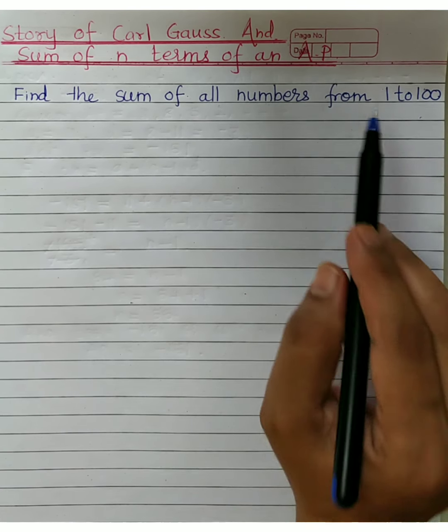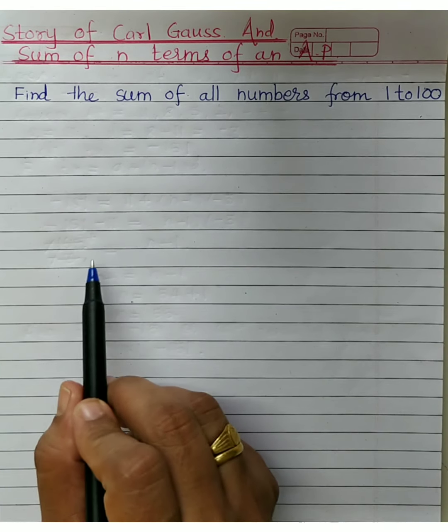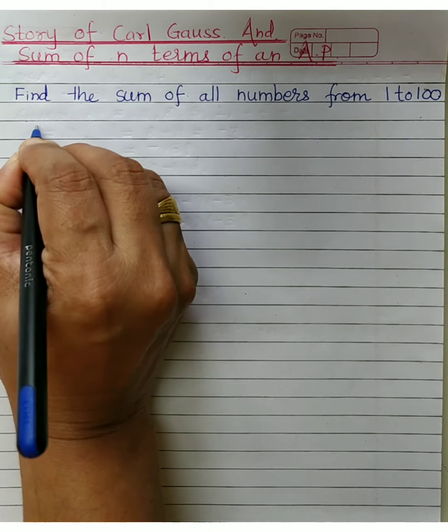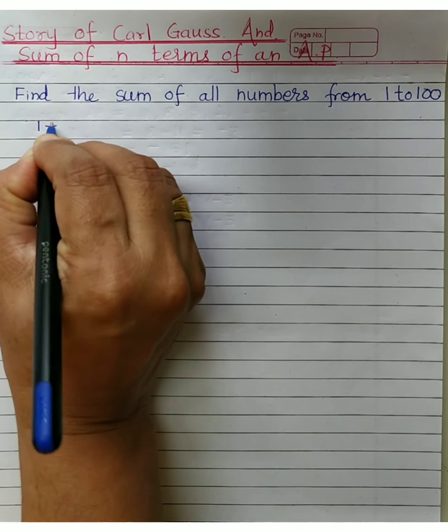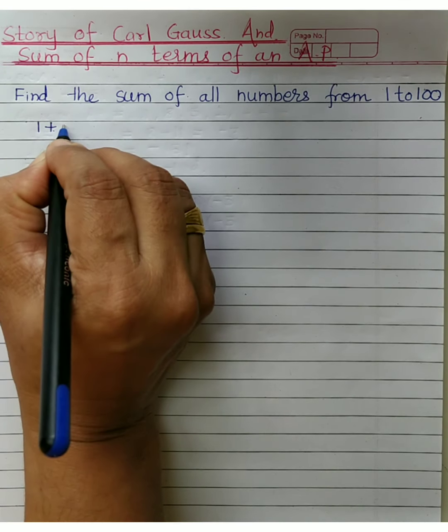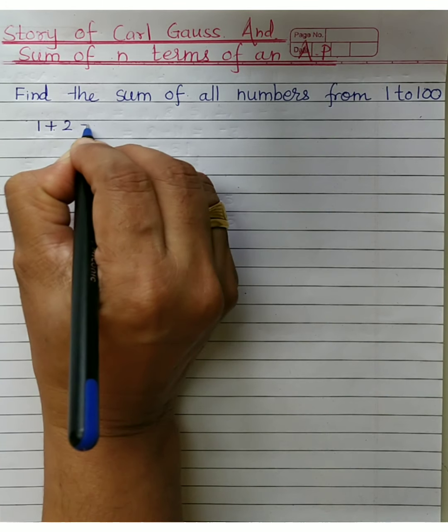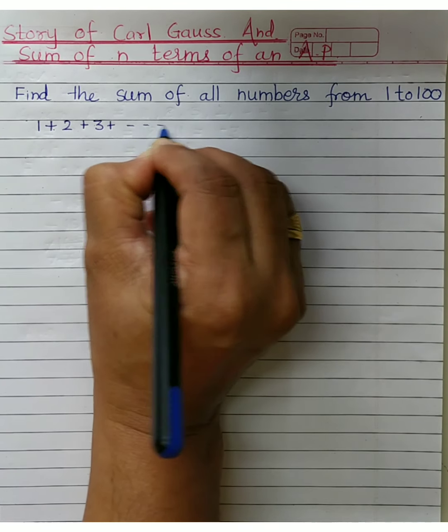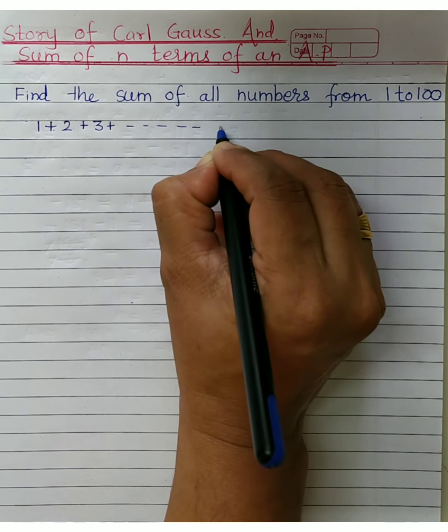The teacher confirms the answer is correct and gets surprised that how such a small child has done it. Of course, Carl Gauss was later known as a famous mathematician and he was blessed with extraordinary intelligence. But you can think that logical thinking of that child, let us see. So when the teacher is asking that how he has done the sum of all these numbers so quickly, Gauss has shown his method. What was expected? 1 plus 2 plus 3, say till 100 was asked.